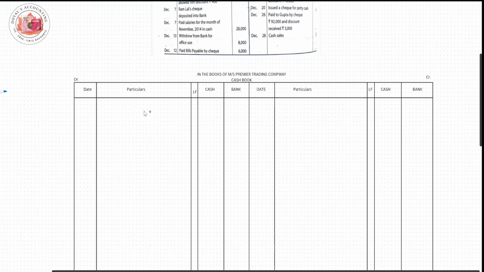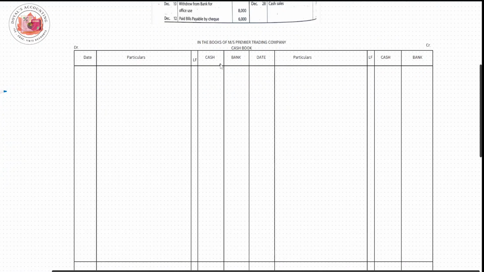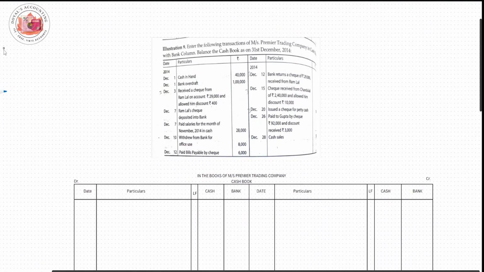On my debit side and credit side, I'll write down date, particulars, and my columns: cash column, bank column, and LF. This ledger folio column will be used to record all those transactions which are contra entries. Similarly on my credit side. Now that I have drawn up my pro forma,